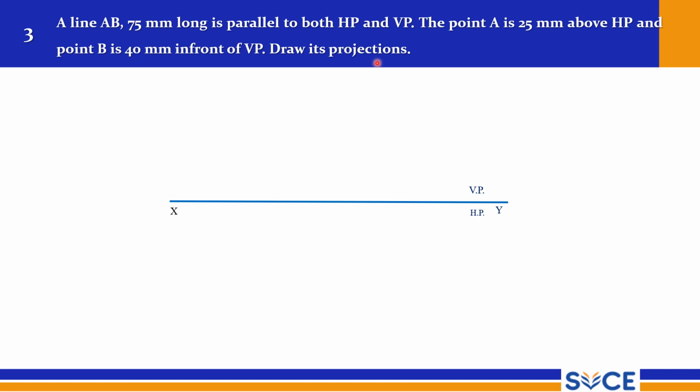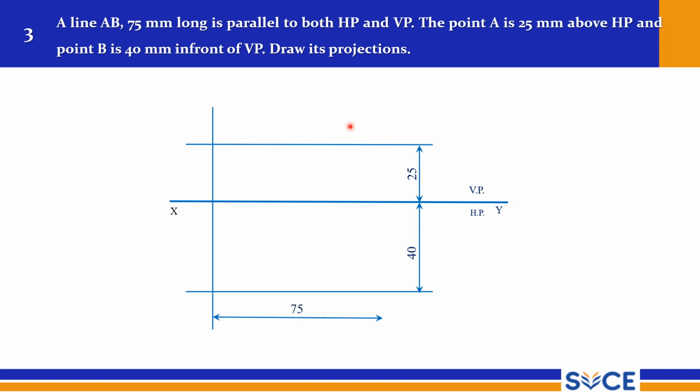and name it as the XY reference line. Above the XY reference line are VP and HP. Measure 25 mm above HP, mark it, and draw a thin line of any length. For drawing thin lines there is no restriction, you can draw a number of thin lines. So point A is 25 mm above HP, and B also will be on this line only, no doubt. Here, 25 mm above HP, we have the front view, and at 40 mm we are going to have A and B also,